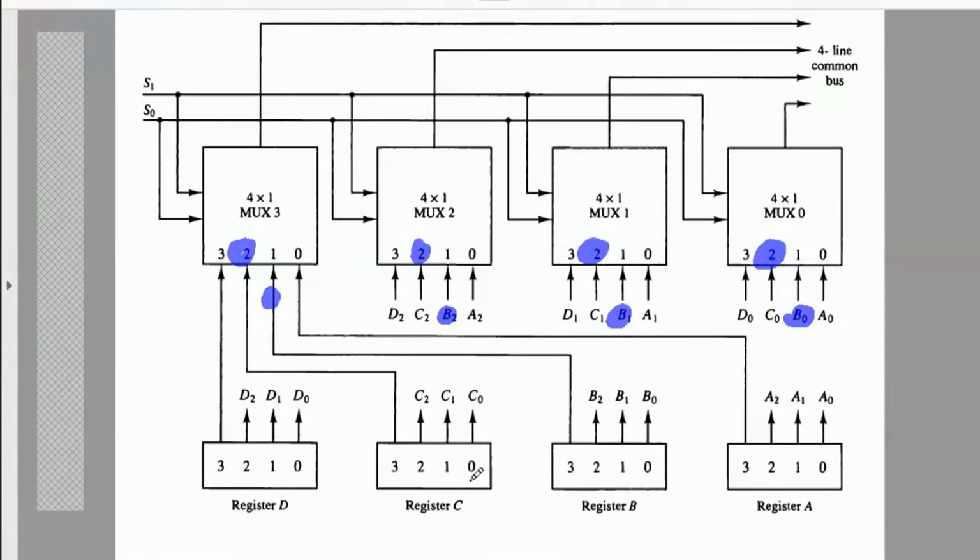In next class, I'll also show you one more way in which we can connect registers. Instead of using multiplexers, we'll be using tri-state buffers. I had a plan of teaching this today itself, but somehow it got late. So in the initial 2 to 3 minutes, I'll cover that, and then we'll be moving towards arithmetic micro operations. Addition, subtraction, we'll be seeing the circuits which we already know, adder, subtractor circuits.